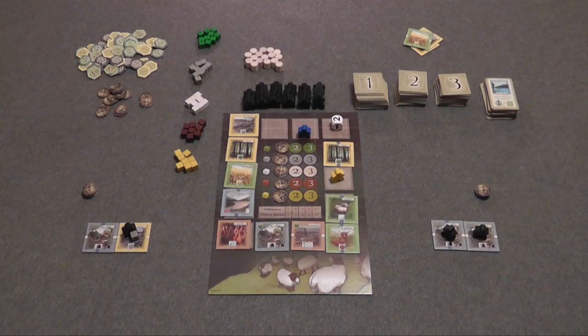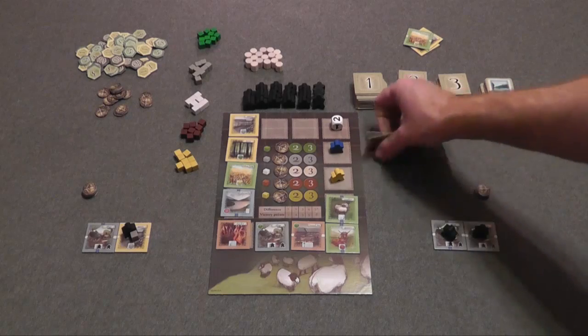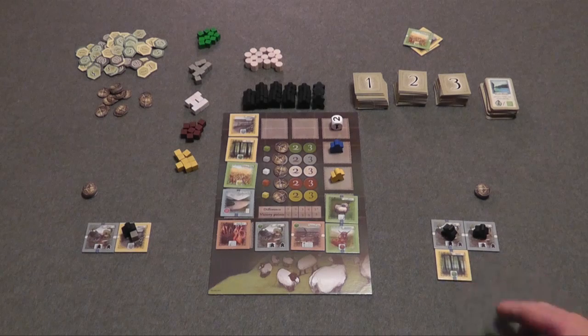Blue is now the next player to move, so I'm going to have him hop over here and grab the forest. He's going to add this to his village. This is a river tile, so it has to connect to a river. And then I get to activate all the tiles. So I have